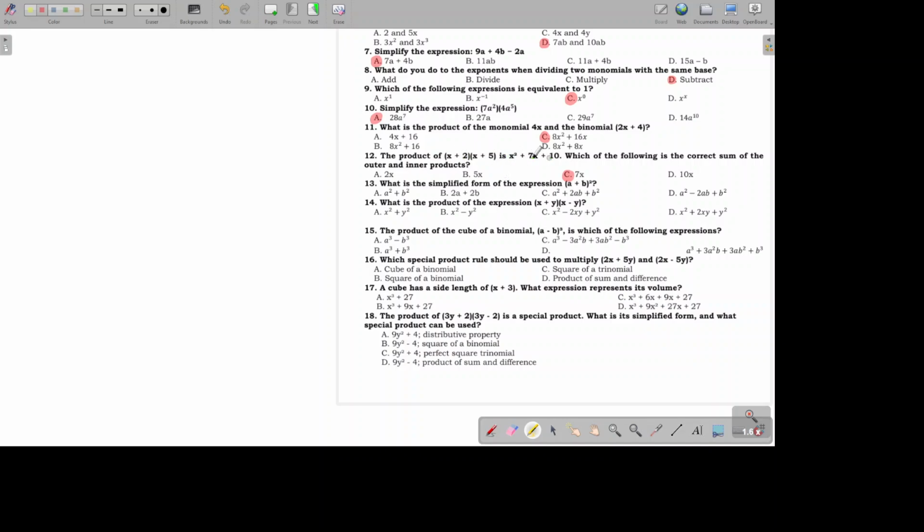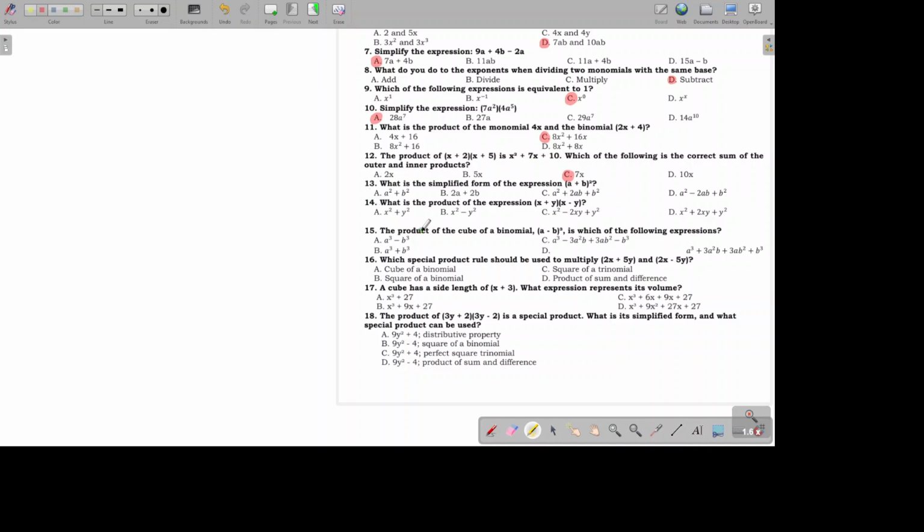Also, when you look at the trinomial, this is the product of the first terms, this is the sum of the outer and inner terms, and this is the last terms. Not unless we are talking about binomials with different degrees, but if they are of the same degrees, we can combine the middle terms. That's why the middle term is the sum of the outer and the inner terms.